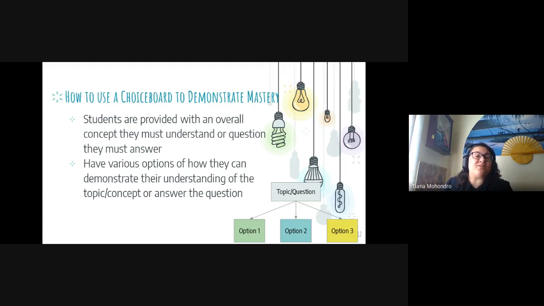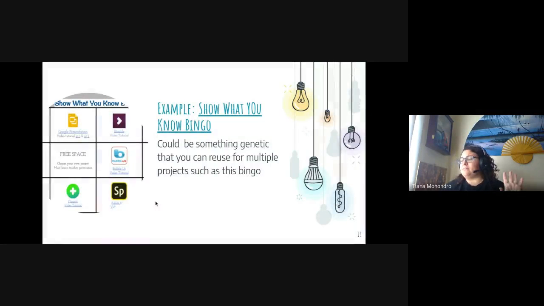But the choice board to demonstrate mastery is kind of the opposite. You have one topic, you have one question, you have one thing that the students need to know and need to understand, but how they do that is where the choice comes in. So they have one concept, and then they have a variety of different ways that they can demonstrate their understanding or demonstrate their mastery of that topic or that concept. So in 8th grade science, or actually before we get to that,